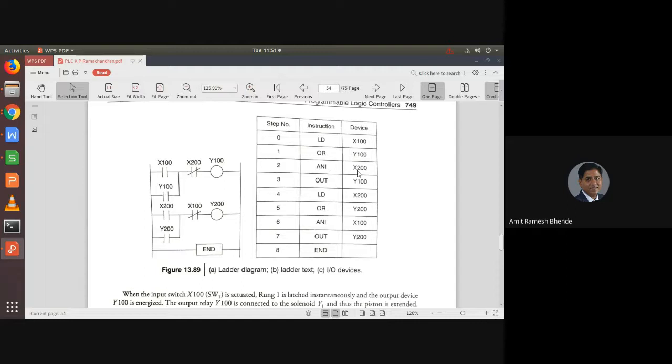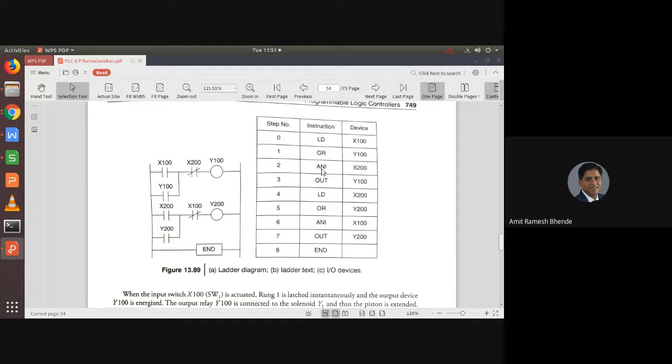Second one is when X200 प्रेस किया तो आउटपुट डिवाइस Y100, X200 जो है वो नॉर्मली क्लोज्ड है। X200 नॉर्मली क्लोज्ड है, और X100 नॉर्मली ओपन है।